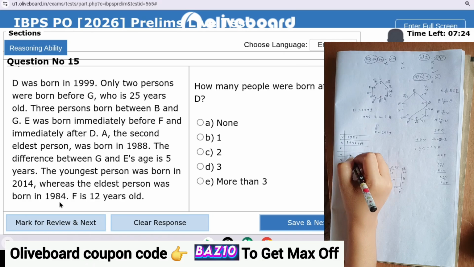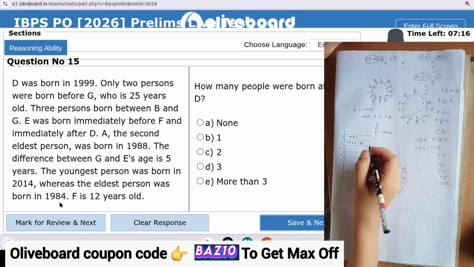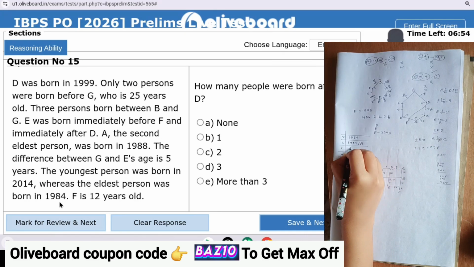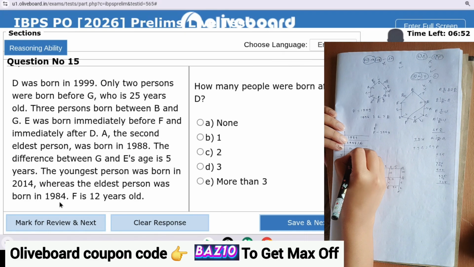DEF, DEF so and the youngest person was 14 acha. So G who is 25 years old, acha. এখানে যাবে G হয়ে যাবে 25 years